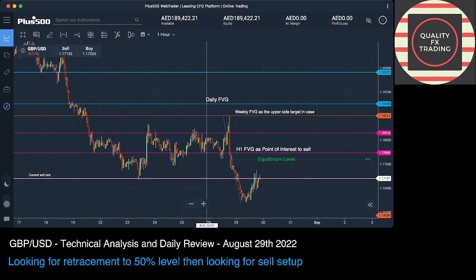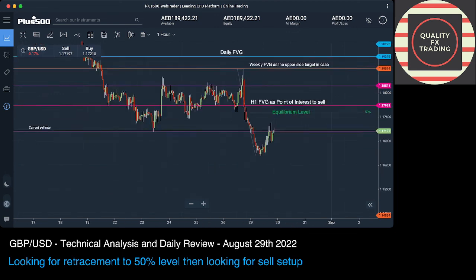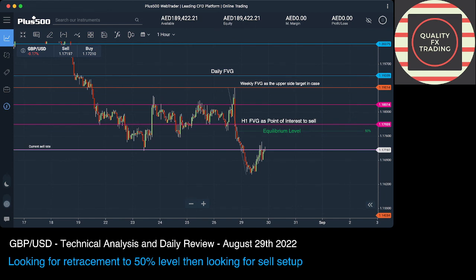So our overall bias, again I emphasize, is definitely going to the downside, and price has to meet that 1.14100 level. Just see how many times I'm emphasizing and repeating this level, because that is going to hit soon. Even if we get another push to the upside, we are going to break that low in the next 2 weeks maximum, I think. So that's all about the daily analysis for today,